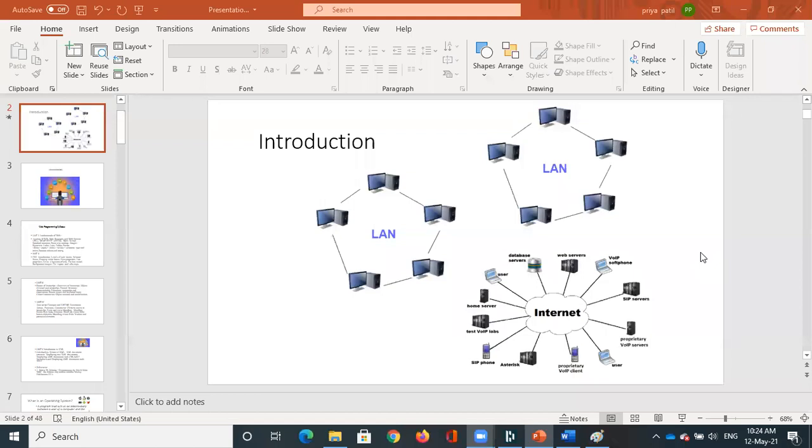So I want to make it a little more interactive. Can anyone tell me why the internet is required, or why we need the connection of computers? Why is it required basically? Or why did they design this network? Earlier, we used to have only the computer system. But later on, they started inventing this when they started focusing more on networking and then the internet and so on. So why is this basically required?